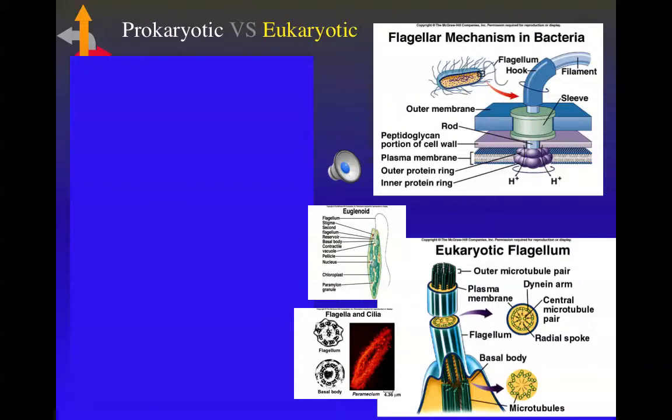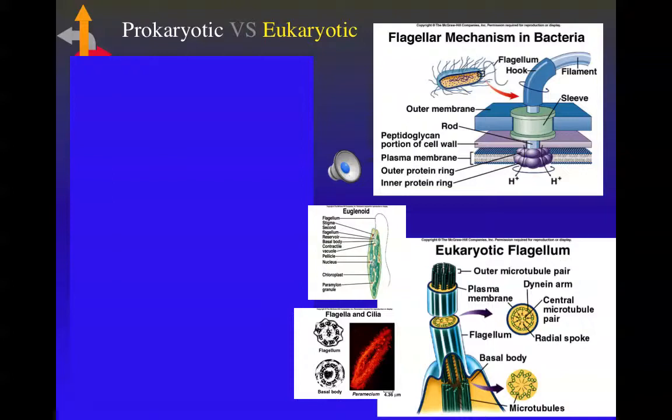Prokaryotic cells might have motility structures called flagella. Flagella are going to be made of a protein called flagellin, and in fact, eukaryotic flagella are going to be much more complex in their structure when we compare it to the very simple structure of prokaryotic flagella. The prokaryotic flagella is very similar to if you've ever had a mixing machine where you could mix bread dough, and you have what I call a dough hook. So it's a very rigid helical structure. That's a very similar analogy to the rigid structure of a prokaryotic flagella.